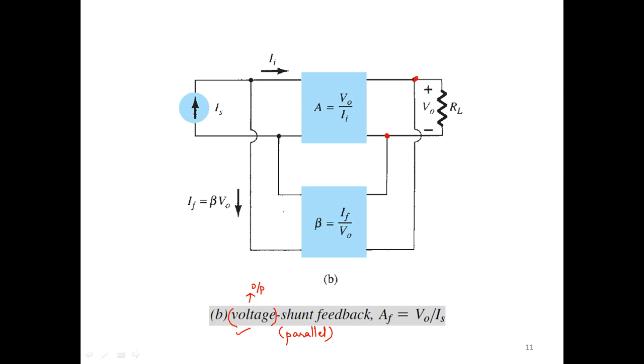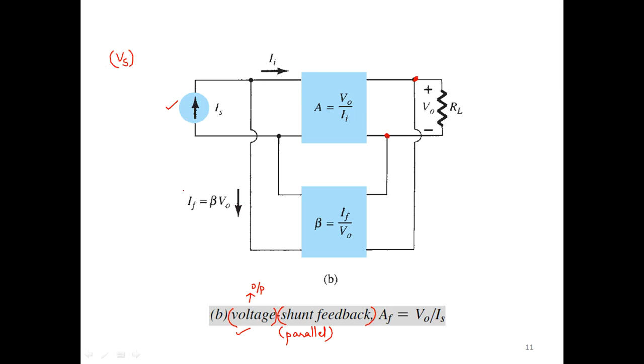Then the output of the feedback is connected in parallel, or it is shunted, with respect to a current source Is. Please note here we are not representing it as Vs. Vs is the original input source, it's a voltage source, but for voltage shunt feedback,